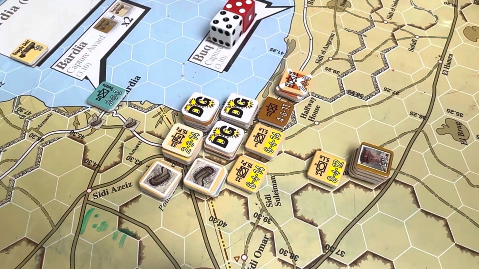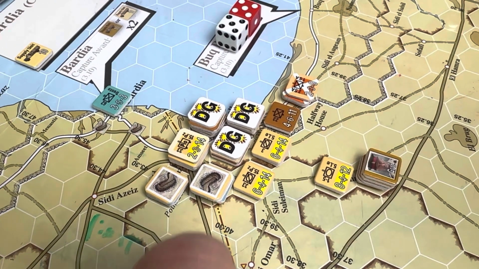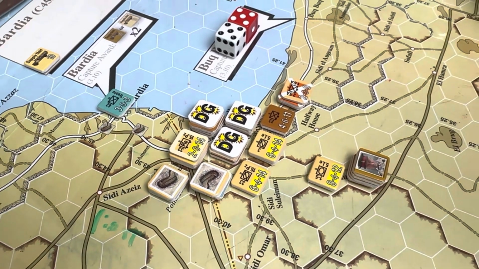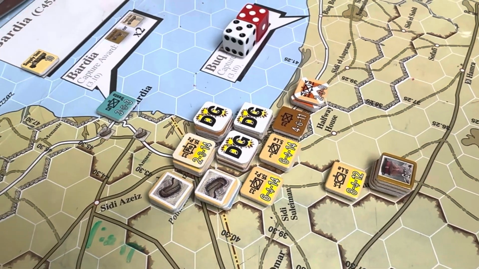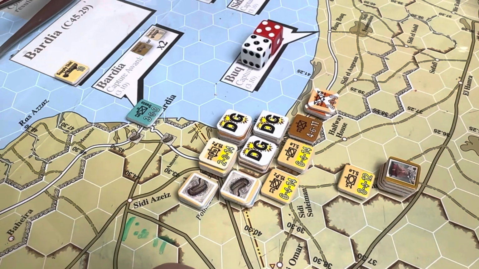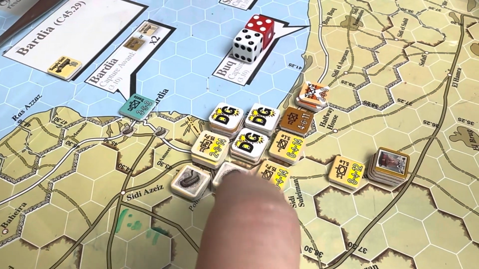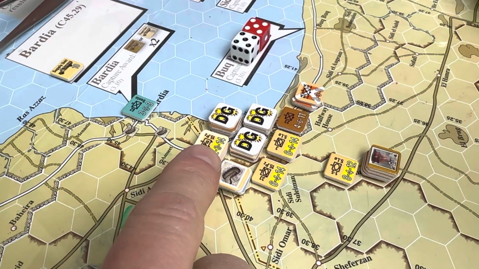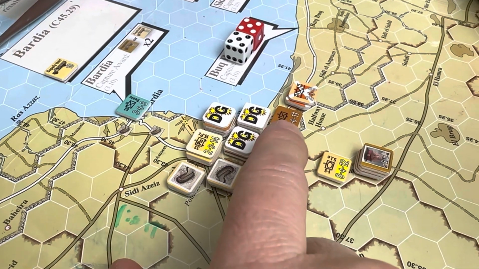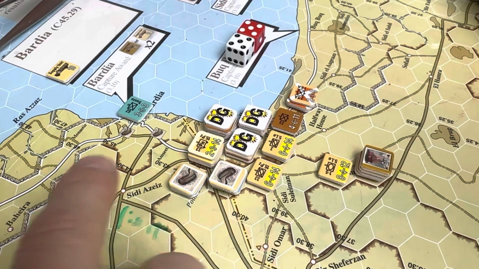Huge win for the Germans in that regard, because now the British cannot make a full activation. So they can't use their 2 remaining air or their artillery in this next activation. And they have 3 stacks that are DG'd. The Germans came over here and attacked Fort Capuzzo. So, I'm sorry. So now the Germans have that half of the Halfaya Pass, and then the Germans came in